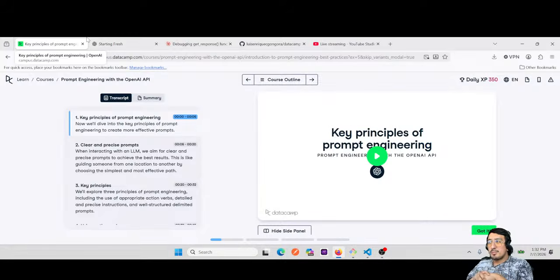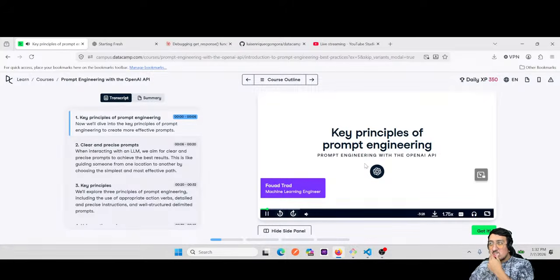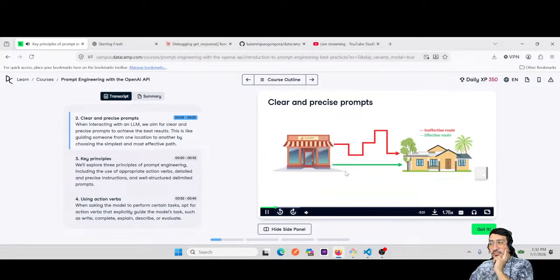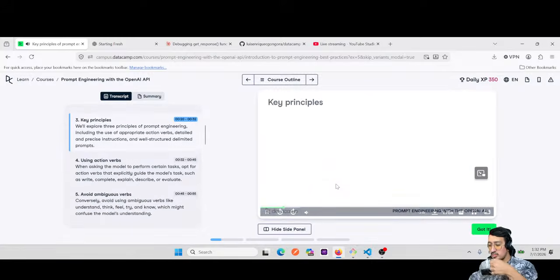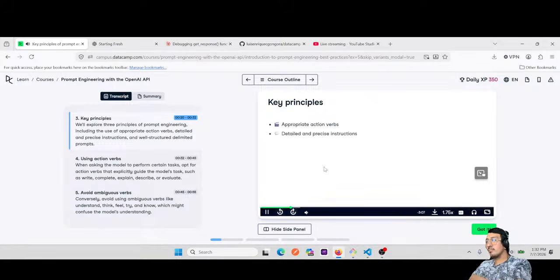Key principles of prompt engineering. Okay. Now we'll dive into the key principles of prompt engineering to create more effective prompts. When interacting with an LLM, we aim for clear and precise prompts to achieve the best results. This is like guiding someone from one location to another by choosing the simplest and most effective path. We'll explore 3 principles of prompt engineering, including the use of appropriate action verbs, detailed and precise instructions, and well-structured